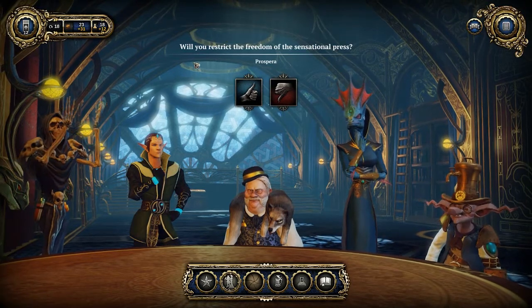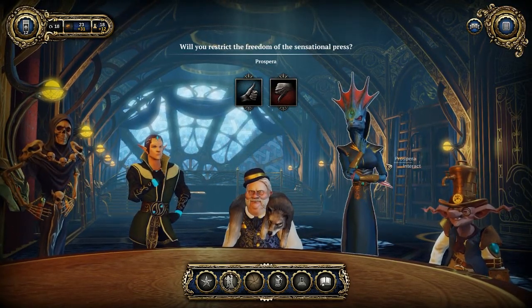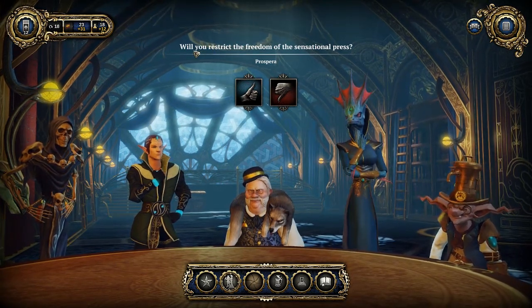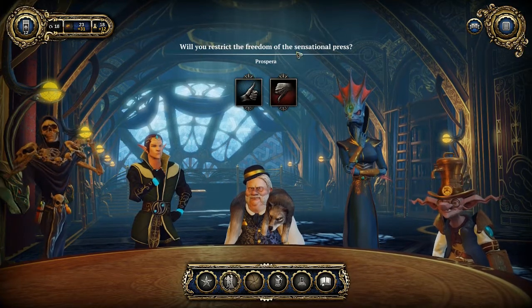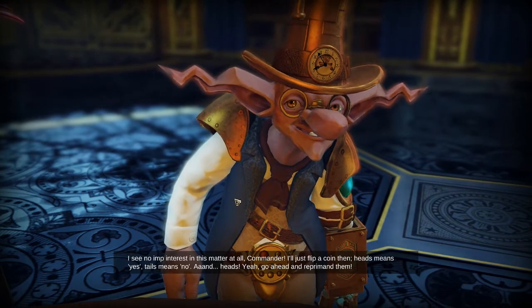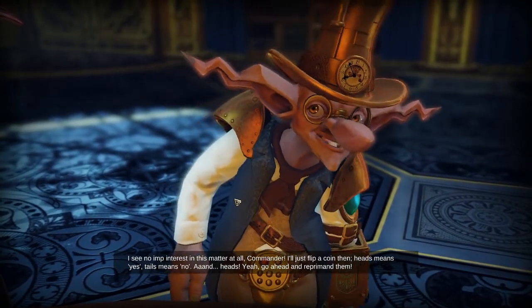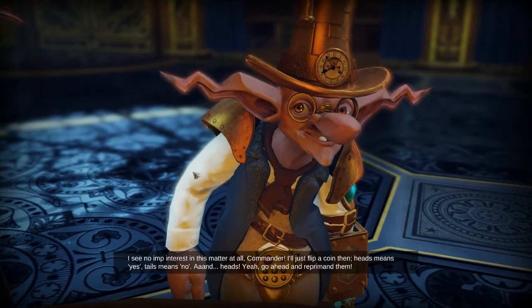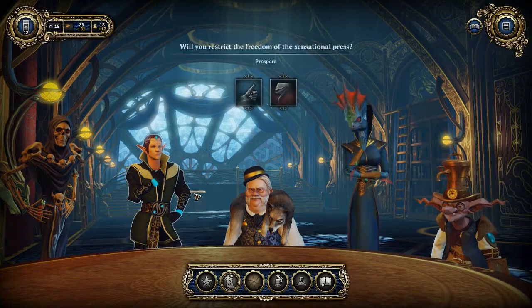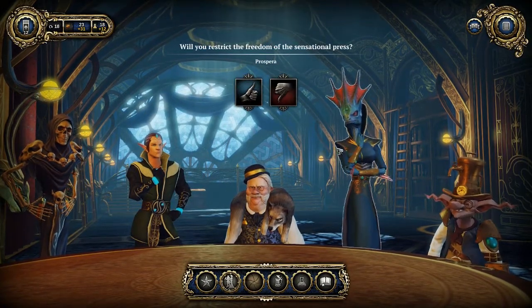I agree. The question is that what Prospera kind of suggested was that she didn't want lies to be published. But what it's asking me is, will you restrict the freedom of sensational press? Which I'm not. I see no interest in this matter at all, Commander. I'll just flip a coin then. Heads means yes, tails means no. And heads. Yeah, go ahead and reprimand them. Alright, okay, we will reprimand them then, because that seems to be what 4 of the races want, so...